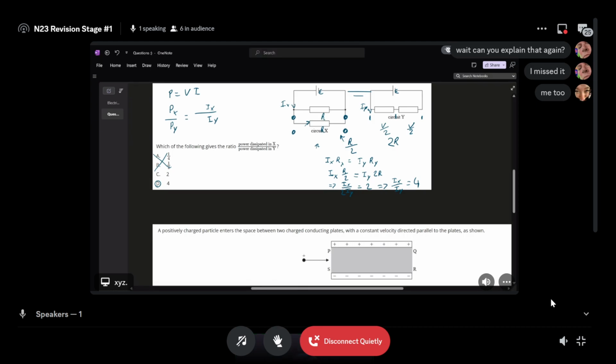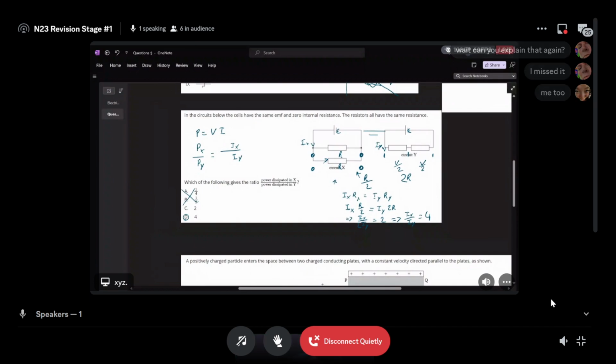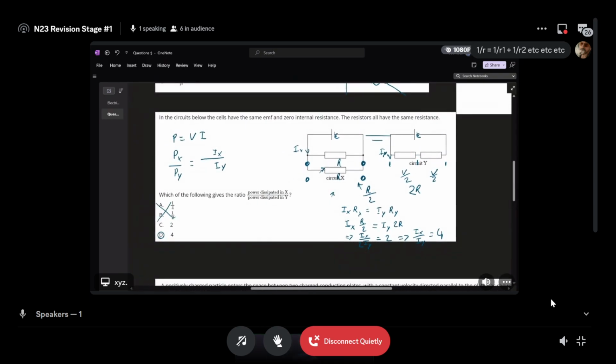I'll explain it again. So obviously you can do all the formula here, but let's do it via reasoning. The first thing always with these MCQs is identifying what you're looking for. You're told that the EMF is the same, so you can instantly equate it. You go EMF of X is equal to EMF of Y, right? And what that tells you is that IX,